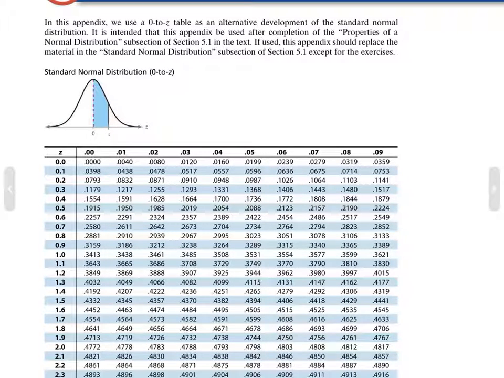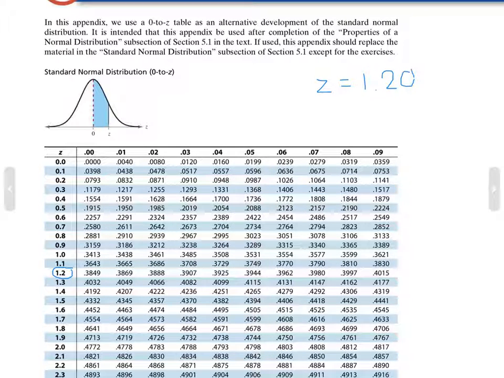So you can see that we have the same identical picture here on the table that we had in the question that we were looking at. And we are asked to identify the area between a z-score of 0 and a z-score of 1.2. So what we have to do is go and look in our z-score column for 1.2, which is right here. And then since the z-score of 1.2 doesn't have a digit in the hundredths place, that's equivalent to the z-score of